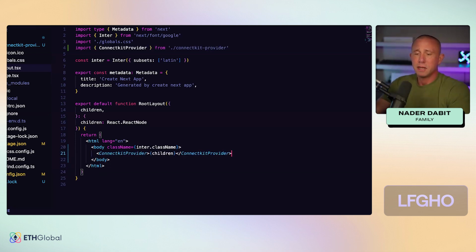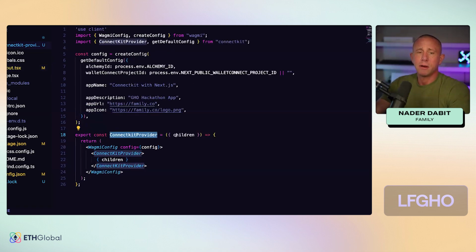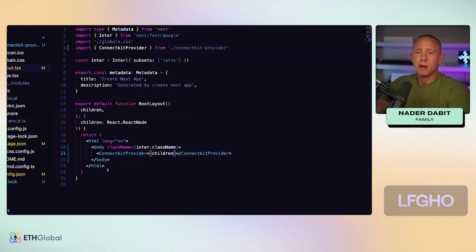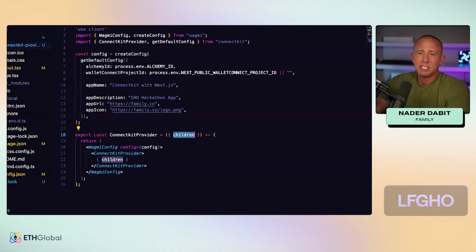And we're passing in the children as the child, and that is coming in right here. So it's kind of wrapping our layout. So all we've done is create the provider, import it, and set it up. So now our app is ready to go. So what we can do now is go to any page and start using it. So if I go to page.tsx,